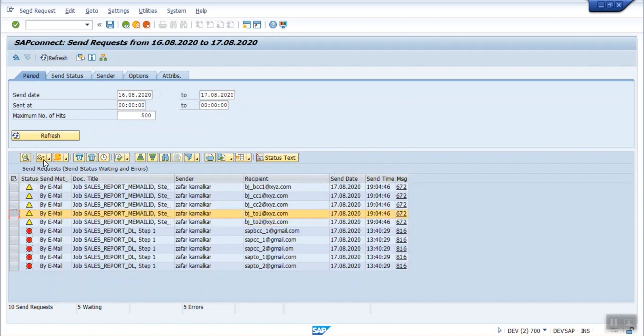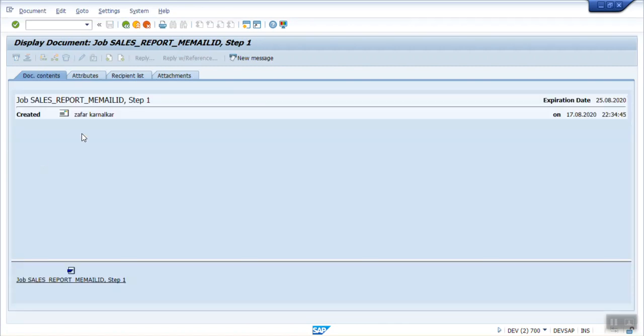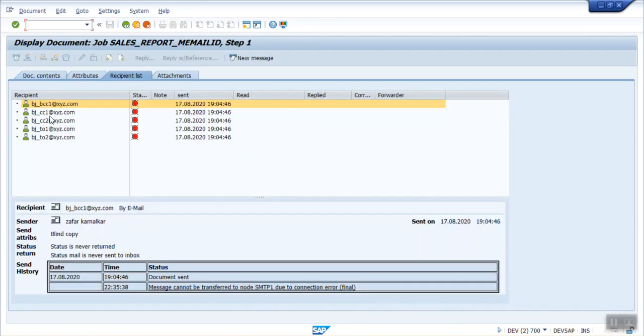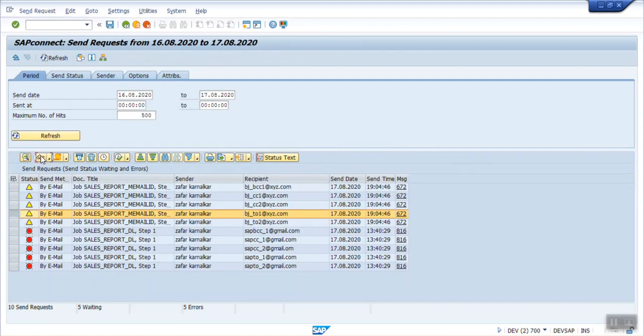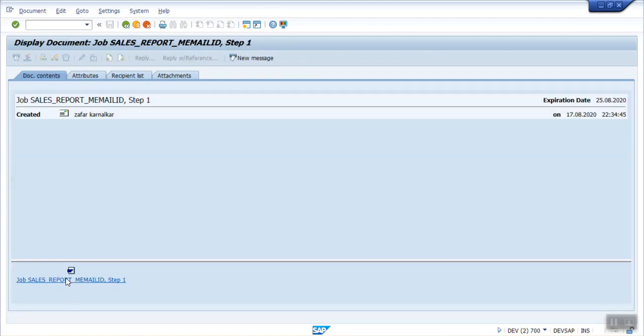I'm selecting one and clicking on display. Here in the recipient list you can see all the email IDs. See here, that is a blind copy. This is express, meaning To, this is also To, CC, copy, and the first one is a blind copy. We can also see the attachment here, in the body.